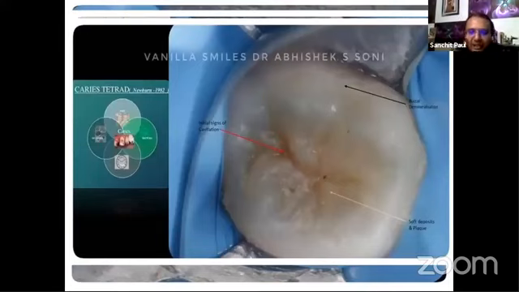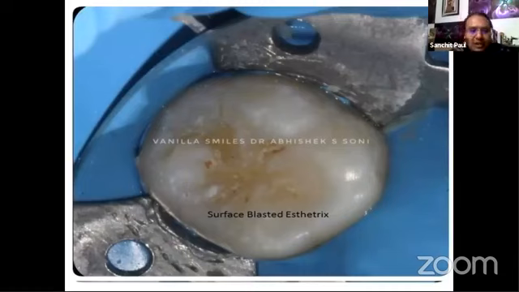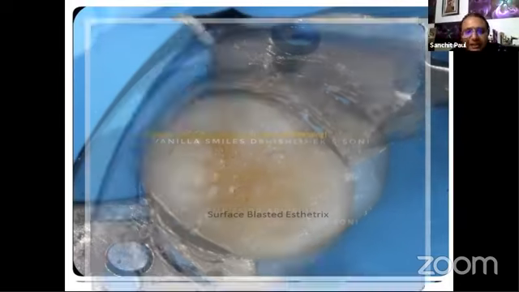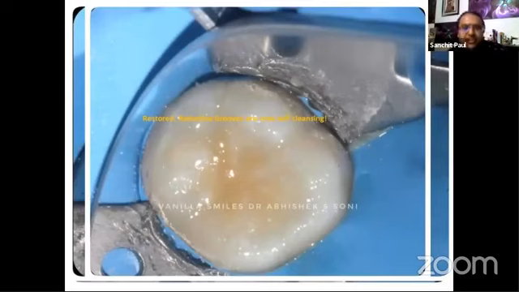and only once we clean that whole occlusal surface can we make out the initial signs of cavitation or demineralization. This is very, very important because unless we clean the surface, no matter what sealant we are using, it's going to fail eventually, because there's a biofilm adhering to the grooves which is going to fail the bonding of the sealant to that groove. Only once we use a good prophy pumice or a surface blasted, can we see these small initial lesions, which can be managed by a combination of restoration and sealant, as we mentioned. And most importantly, they are self-cleansing.